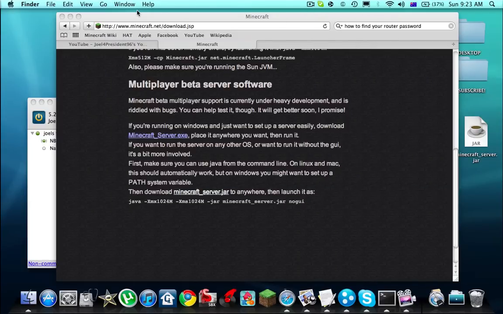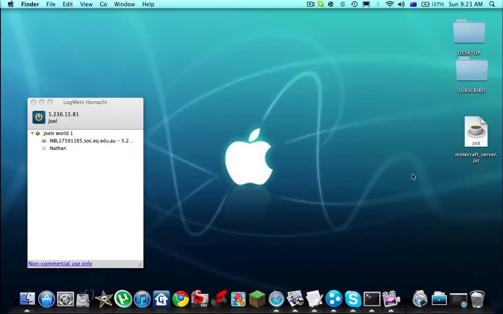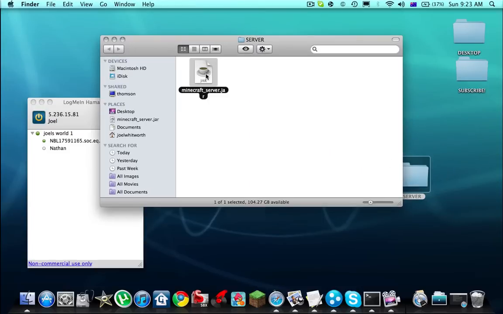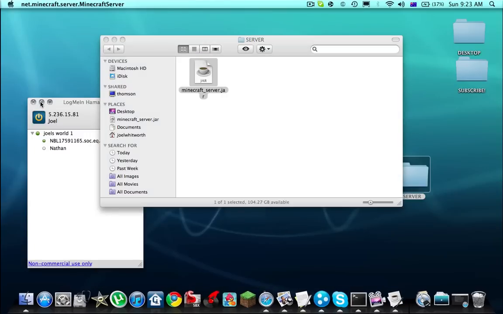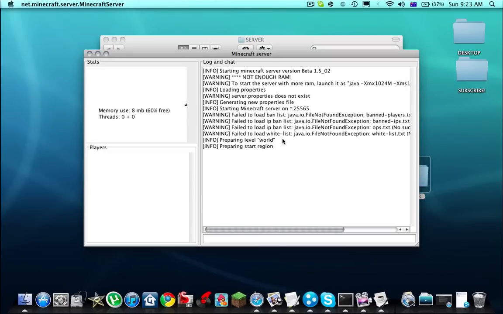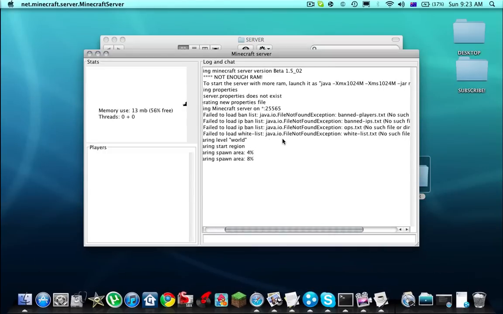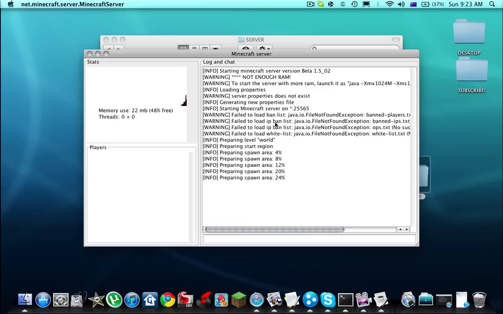Don't worry about that. So what you're going to do is create a new folder for your server. Drag this into it. Just double click on it. Then this will come up. Just run this for the first time, and then we've got to fix these warning problems like not enough RAM and everything. So when that spawn area gets to 100%,